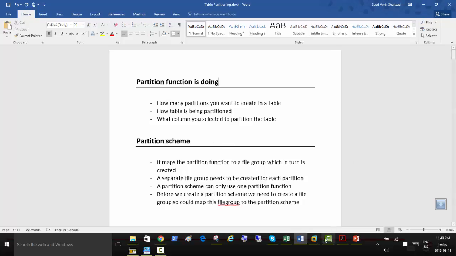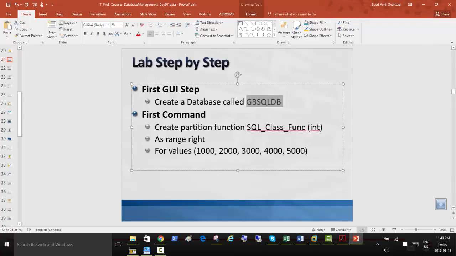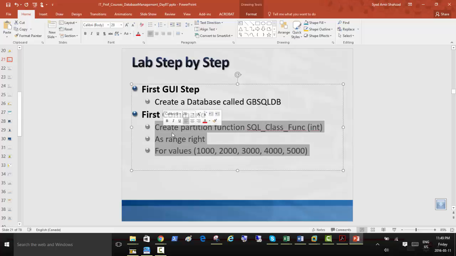So I'm just gonna go back. What I need to do is copy this command to create a partition function, and we're naming it SQL class func.